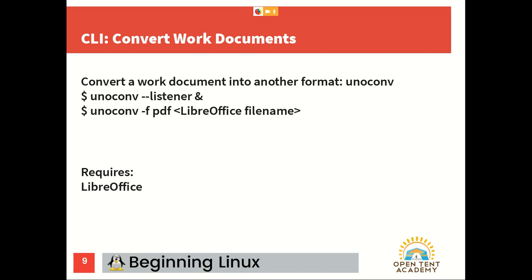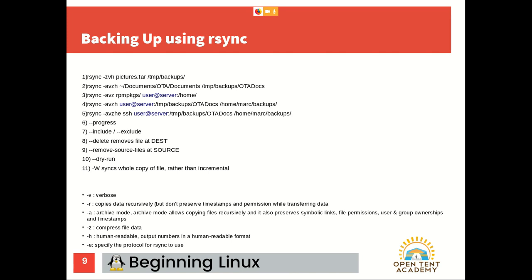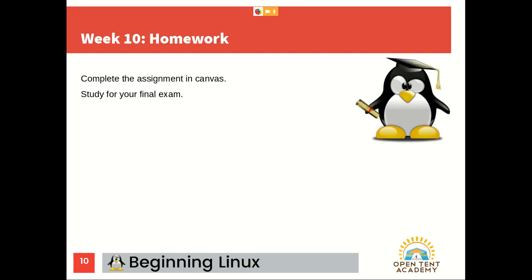There are tools that Linux can use to change from one file type to another, and then backing up information, and how to find information about the network environment, both internally and beyond your own computer.